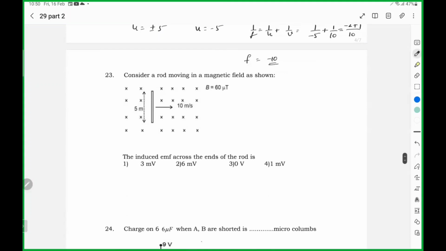Here it is. When a rod is moving in a magnetic field, the problem is related to motional EMF. So length, velocity, and magnetic field are mutually perpendicular. Force acting on that will be qv. Here it is qvB. So here it is